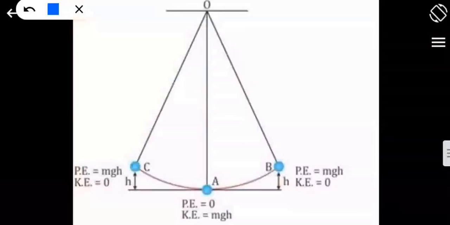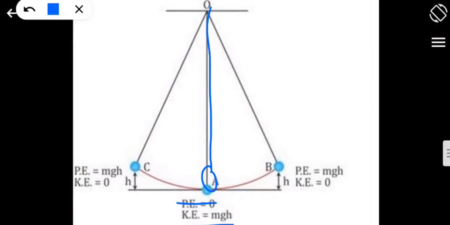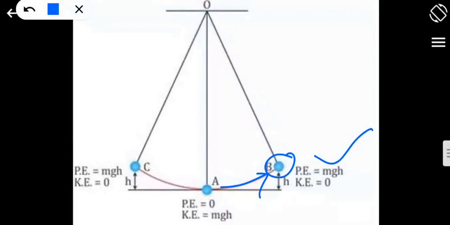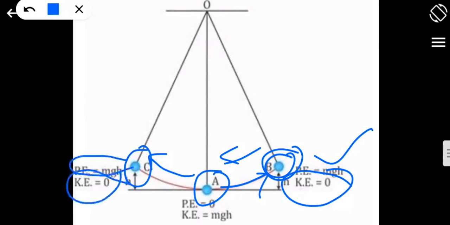That is, when the point is here, it is having a potential energy 0 but kinetic energy is maximum. Okay, kinetic energy formula is wrong here, right? When reaching this position, potential energy is maximum because it's the topmost position, but the kinetic energy is 0. And here at this point, while coming to this state, kinetic energy is maximum, potential energy is almost 0. But when it is going to the topmost section again, to the negative extreme position, here the potential energy is again maximum and the kinetic energy is 0. That's the thing everybody knows about it.